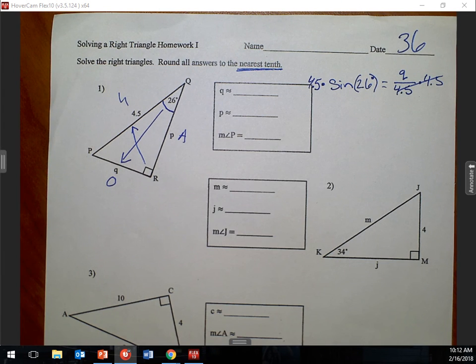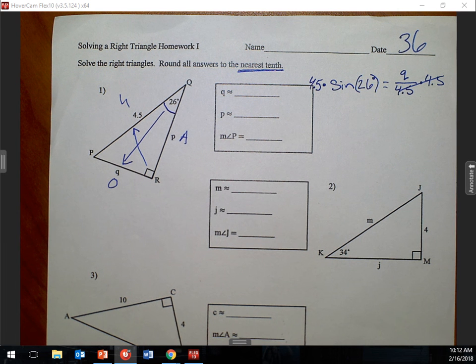Alright, I'm going to let you guys work on that. You guys are going to have the rest of the class, that I know you're actually going to work, because I am confiscating phones now. It's approximately